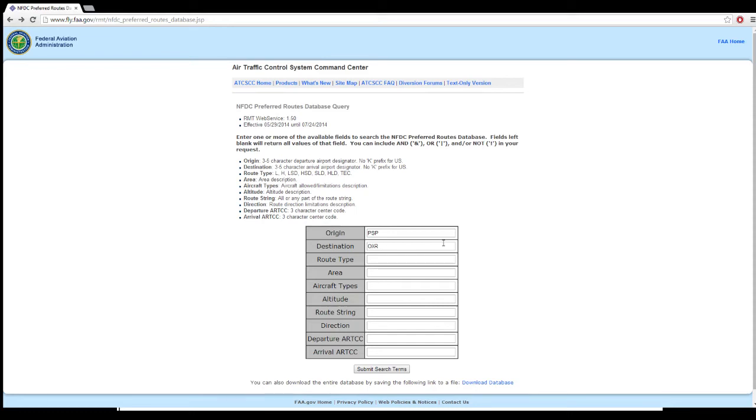Today I'm going to fly Palm Springs to Oxnard. I'm at the Preferred Routes database for ATC in the US, the FAA Preferred Routes database, and I'm going to pull up what they call the tech route from Palm Springs to Oxnard. So I've gone ahead and typed my origin and my destination, Palm Springs to Oxnard,